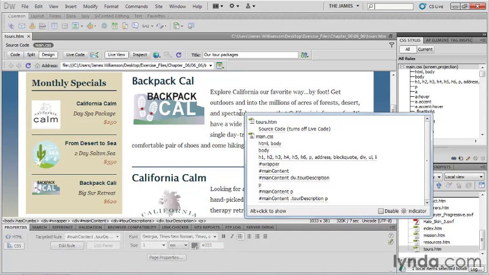So what we're looking at right now is a list of all of the selectors in our CSS that is in some way or another styling that particular element. This means that every time you click on an element, you're going to see a totally different list based off of that element and the styles driving it. These styles are arranged in the order of furthest from the element to the closest of the element. Now, what that means is that any property at the bottom of the list that conflicts with a property above it, bottom property wins. So if you're wondering, what size is this, what line height, you can just start at